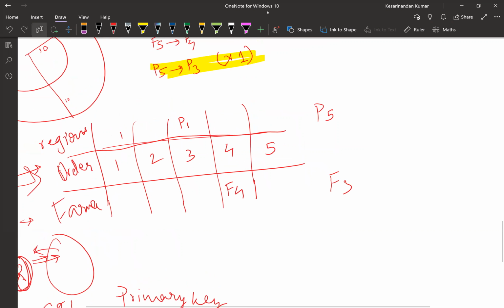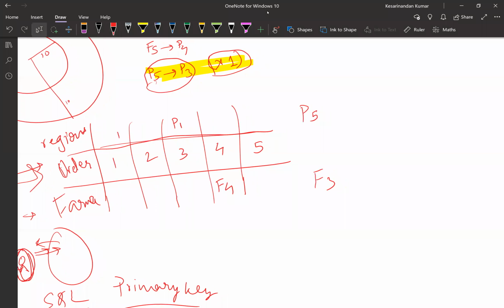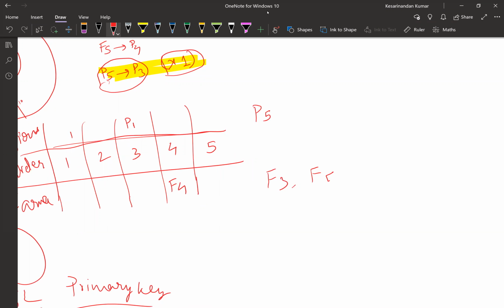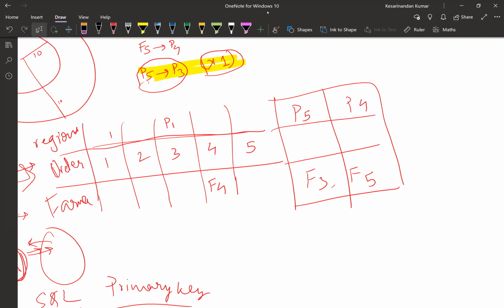Now, P5 to P3 was not in first stage. And this is where you were stuck, right? Yes, right. Okay, all right, fine. And we also have one more thing, that farmer F5 was for P4, but we do not know the phase or order in which they were present. So currently P1 is done, P4 is done, P5 is done.